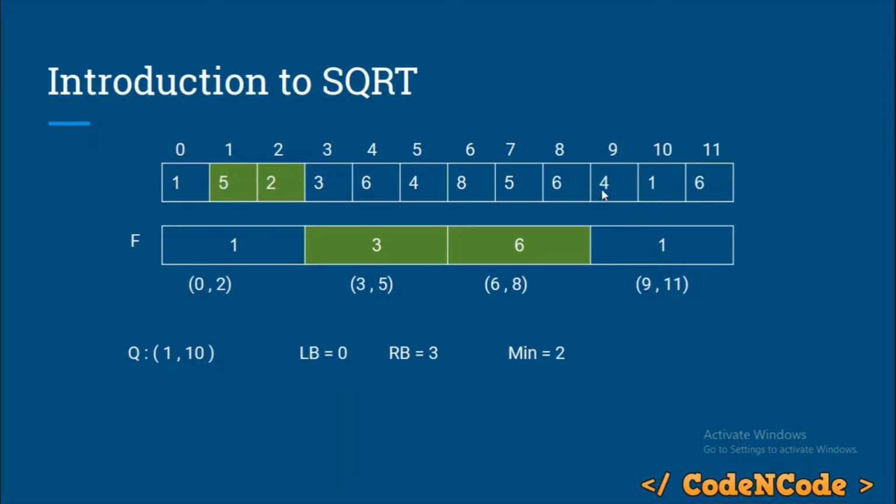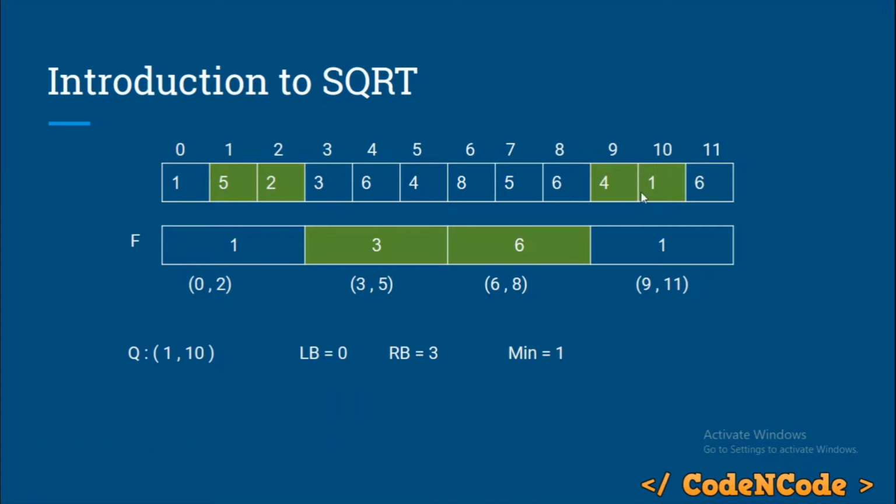So starting from 9, minimum would be minimum of 2 comma 4, so 2, and now till 10, minimum would be minimum of 2 comma 1, that is 1. So the answer of 1 to 10 has been answered in square root of n time. Why square root of n time? Because